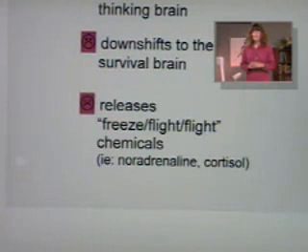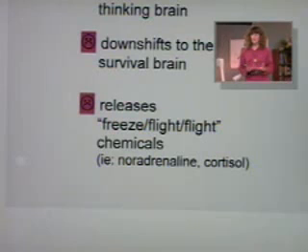So the chemicals that are released are stress-related chemicals, and one that's really been talked about a lot is cortisol. Cortisol is a major stress chemical, and it's actually a blood thickener. So when it's released in the system, nature has put it there so that if we're in this freeze, fight, flight response, if we're wounded, then we won't bleed to death so quickly. So that's what cortisol does. Everything has got a good purpose initially. But the harmful thing of cortisol is that too much cortisol causes the immune system to weaken. We get colds more easily. We get sick more easily, and it also